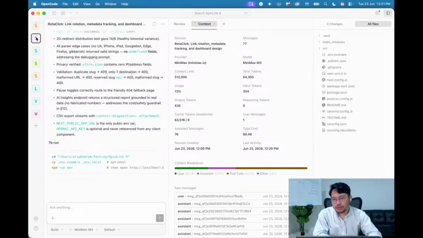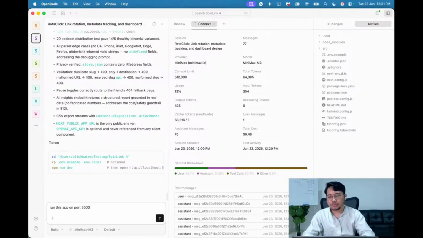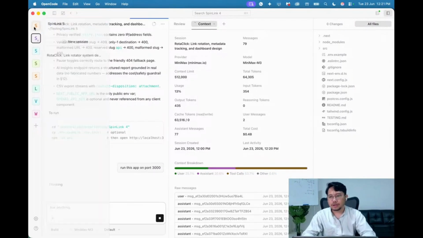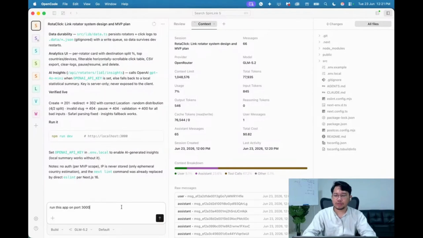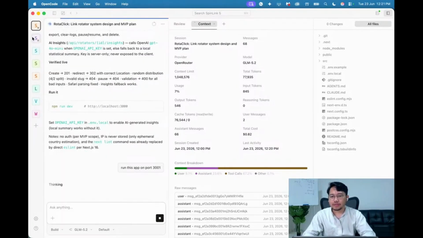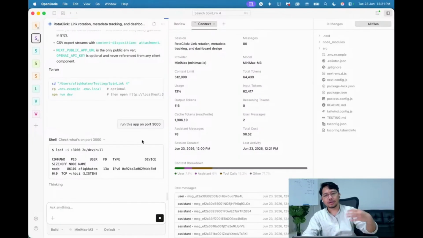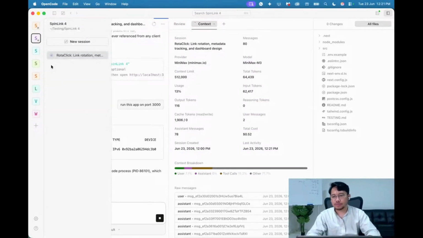But I think the ports they use are really similar. Let's see whether they can change ports. Okay, so I'm just gonna say run this app on port 3001. And then I'm gonna copy this and check it all together. So this one should be on 3001. Okay, so it will be running on 3000, and the other one will be running